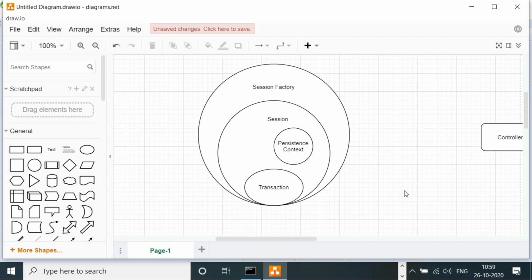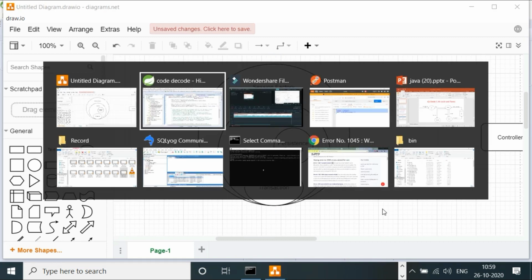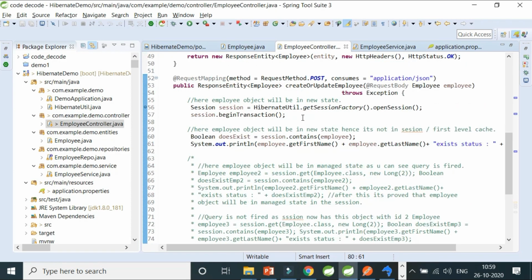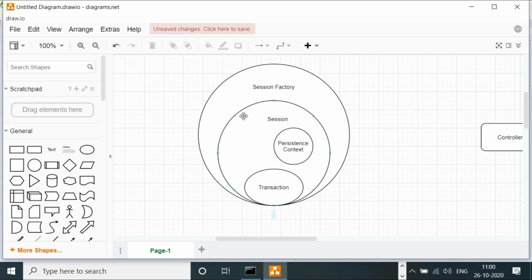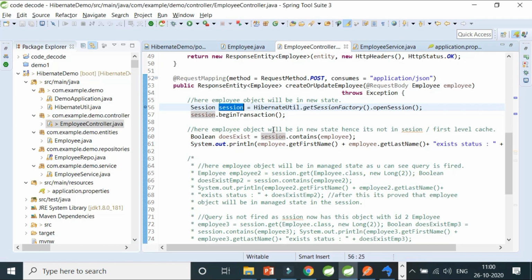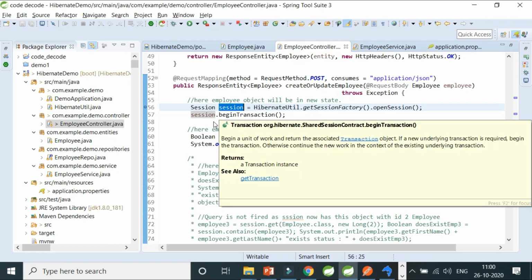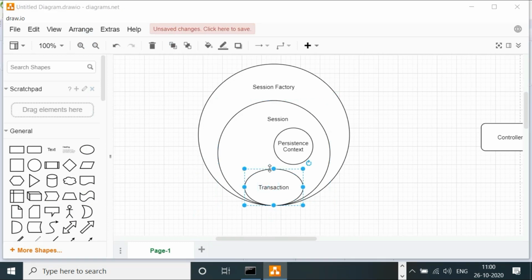Okay, first let me show you that whenever I create an object, it does not exist in the persistent context. I'll create a session factory and then open a session, this particular session at line number 56. Then I'll create a transaction, the basic transaction.